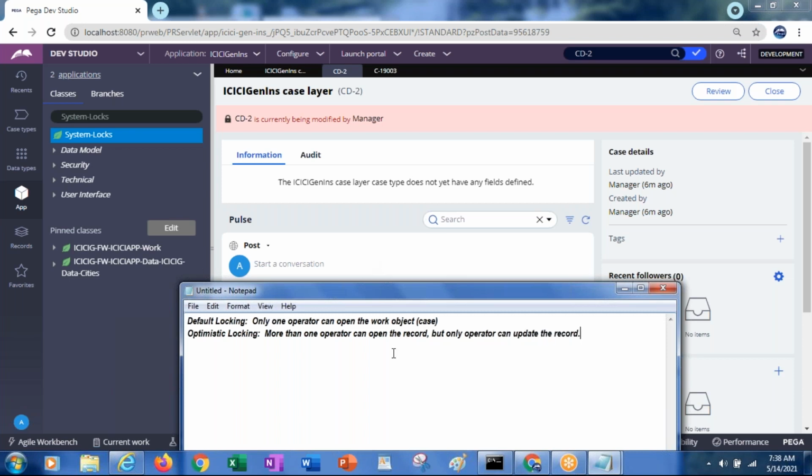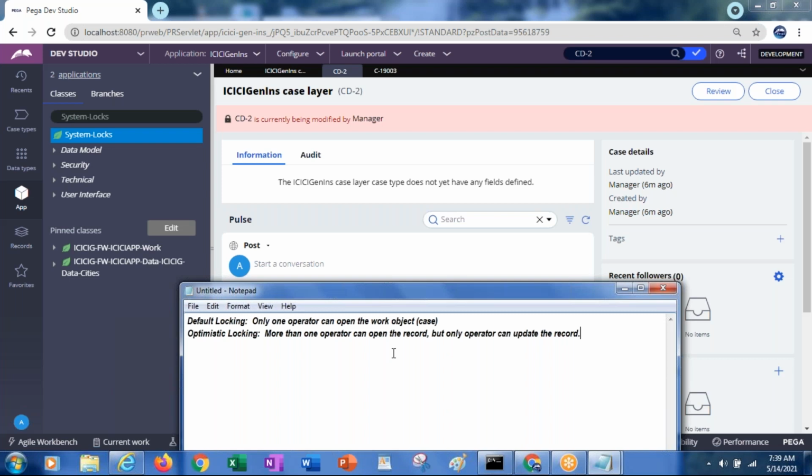Opening means he is just seeing the information in that work object, what details we entered. So more than one operator can see it. But the problem is which record has to be saved. So that is the reason.